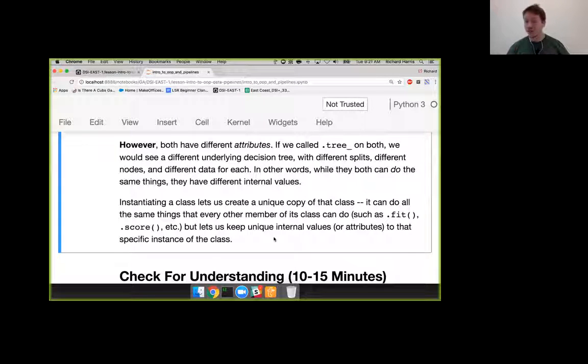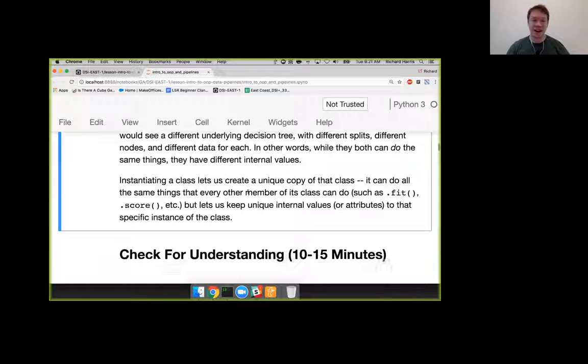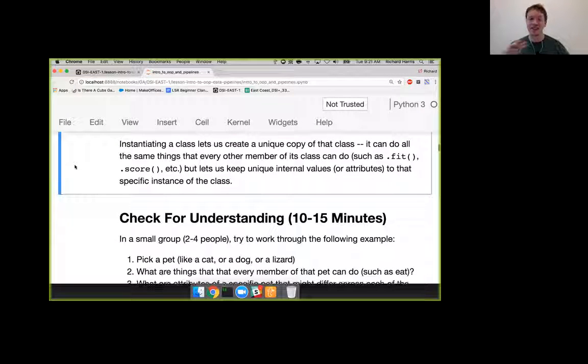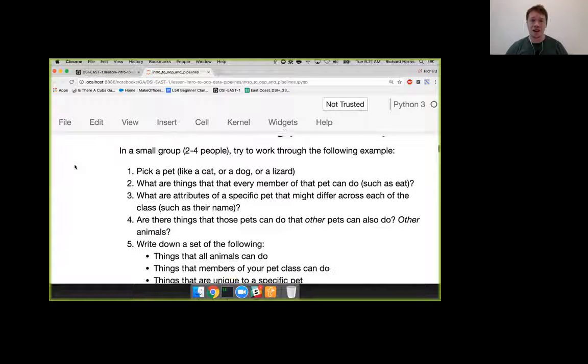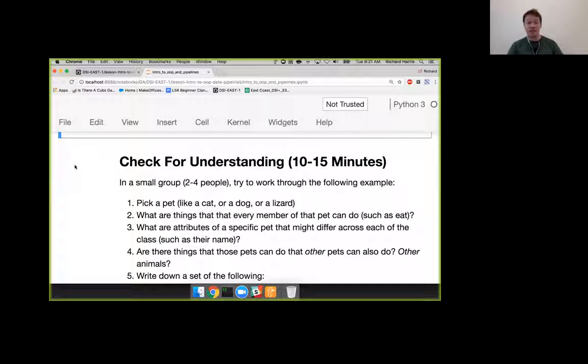OK, so I've talked for 20 minutes, which is way more than I like talking as lead instructor. So let's do a little check for understanding. We'll take a good 15 minutes for this, and this is going to be a group activity. So go ahead and pair up or get into a group of no more than 4 and try to work